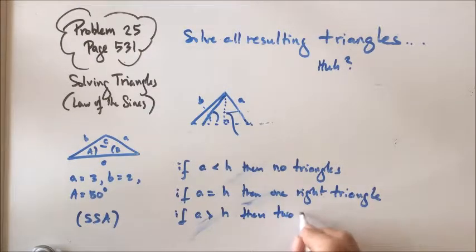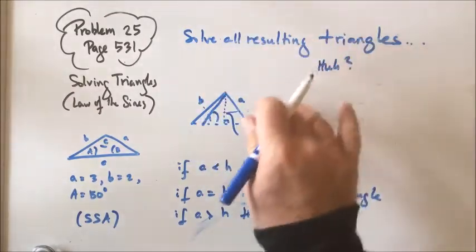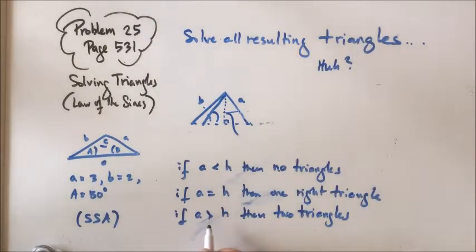And two triangles ensue. That's what we mean in that situation. If that's the case, you've got two to find. And then the last situation is if,